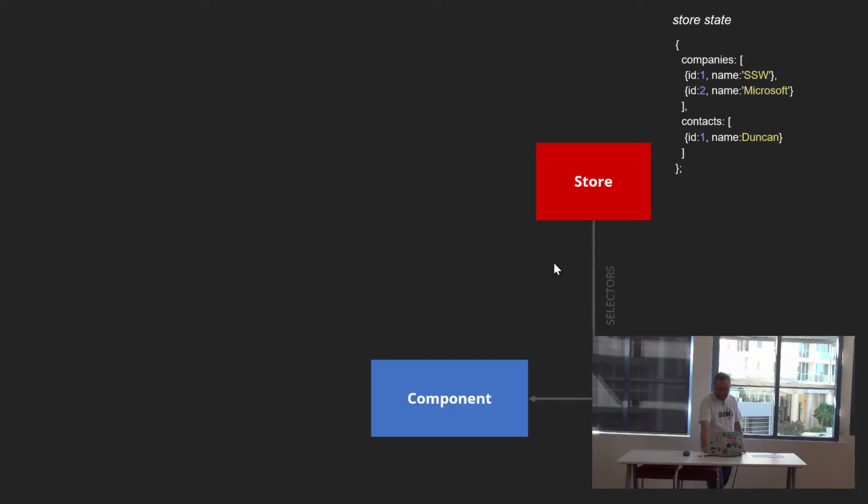So if I want to make a change to something in my store, and here's a store that's got a list of companies and contacts, first of all, I need to display that inside my application. So I select from the store into my application. In this case, we're talking Angular, so we're selecting from the store into our component. If I want to make a change to that store, I can't just change it in that component. I can't make modifications to that list of companies. I have to raise an action. So I raise an action out from the component,